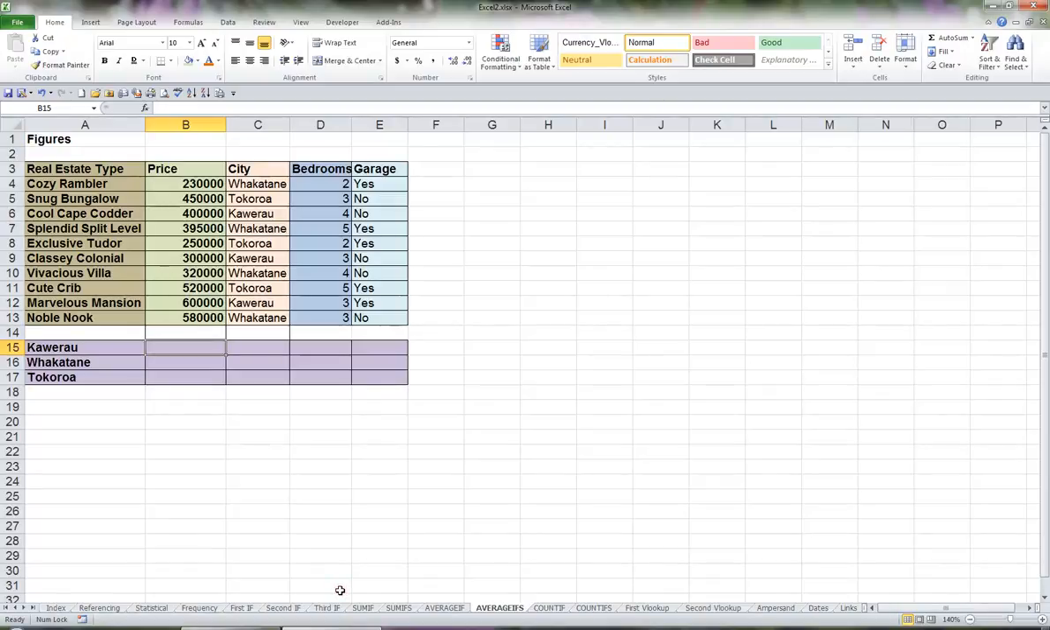In Excel 2010, Microsoft released quite a large number of new functions. Most of these functions fall into the engineering category, so they're pretty specialized. But there are some changes to some of the more frequently used functions, and one of them would be an